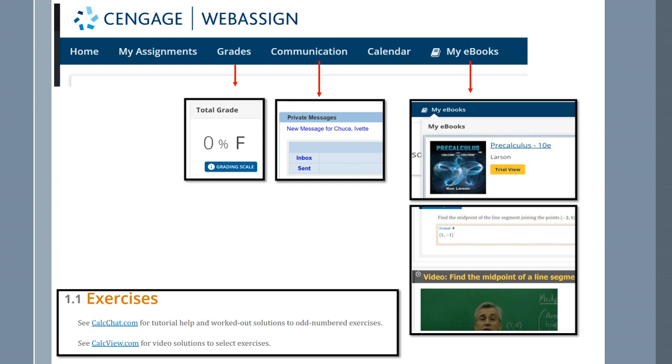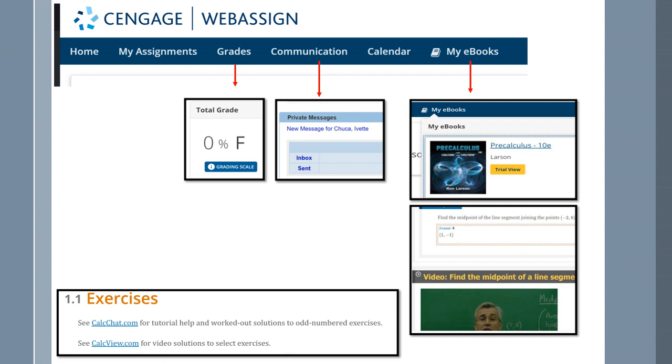All right, the grades. This tab here is an ongoing, continuous running tab. This will tell you what your current grade is for your particular class. Now, please be aware, if you are taking an online class, that grade will be accurate.